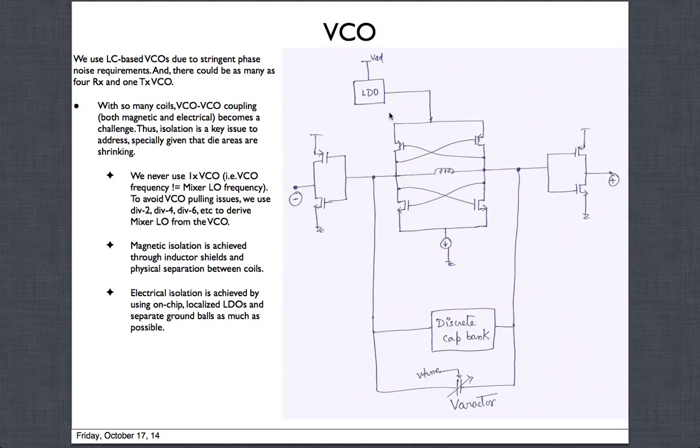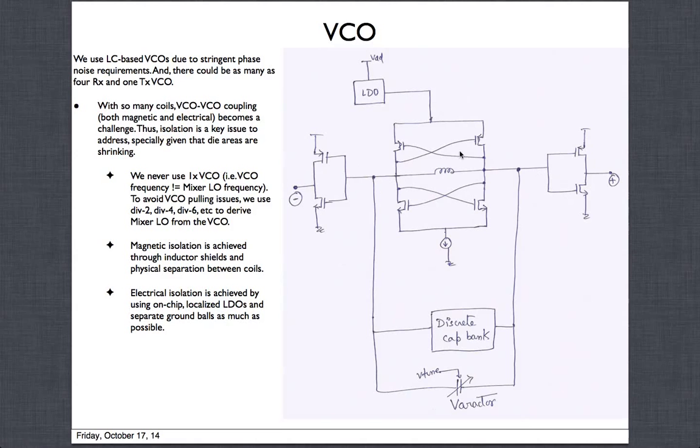So here is the core, we talked about it, and at this point you will see sinusoidal signals, because as an LC oscillator, these are going to be oscillating like sine waves. Then we put it through simple buffers like this, which will make it a square wave. Eventually that is what is going to the mixers. Mixers don't use sine waves, they use square waves. So I've just put some simple buffers to show. Of course it's much more complicated, because after this you're going to have many dividers and all that. We'll talk about it.